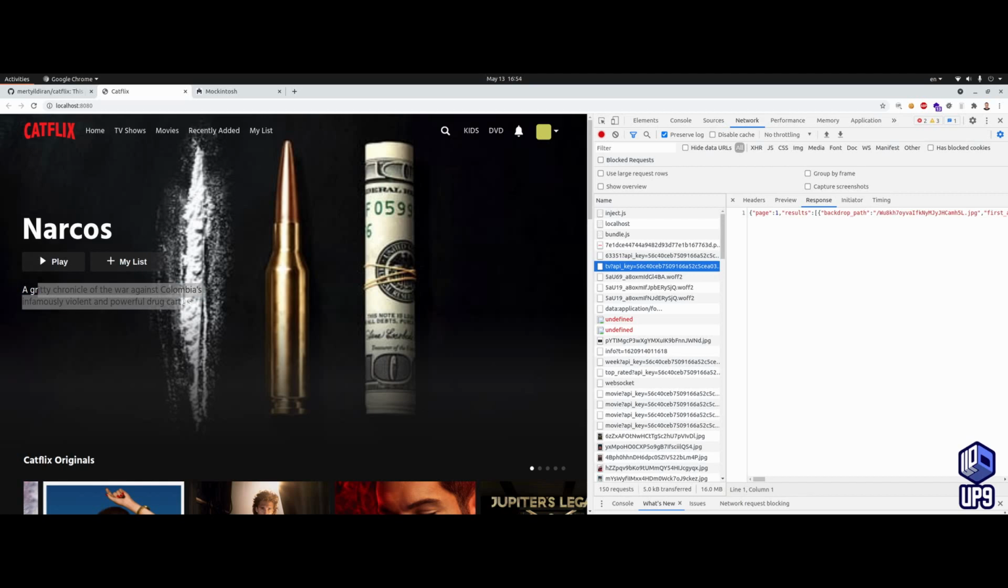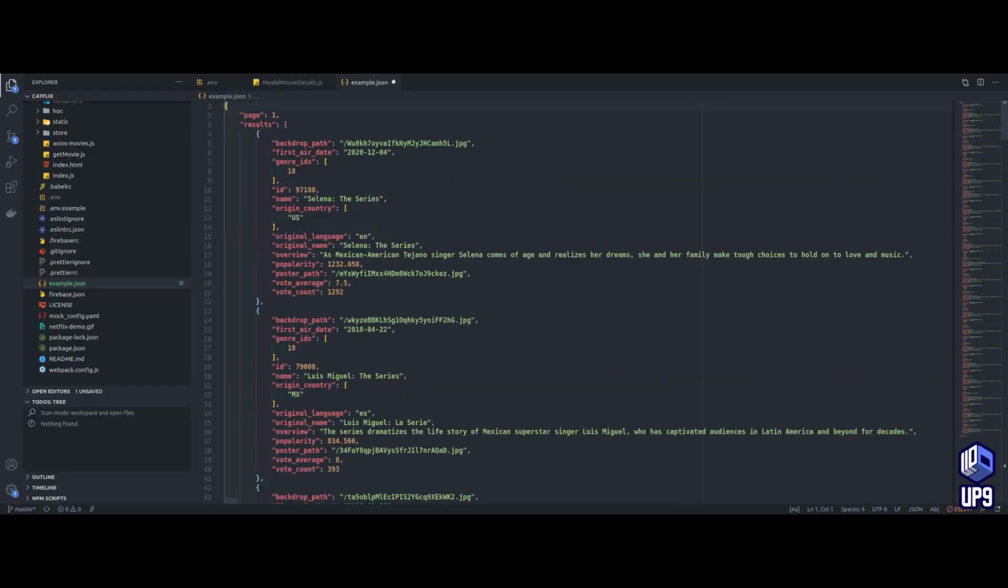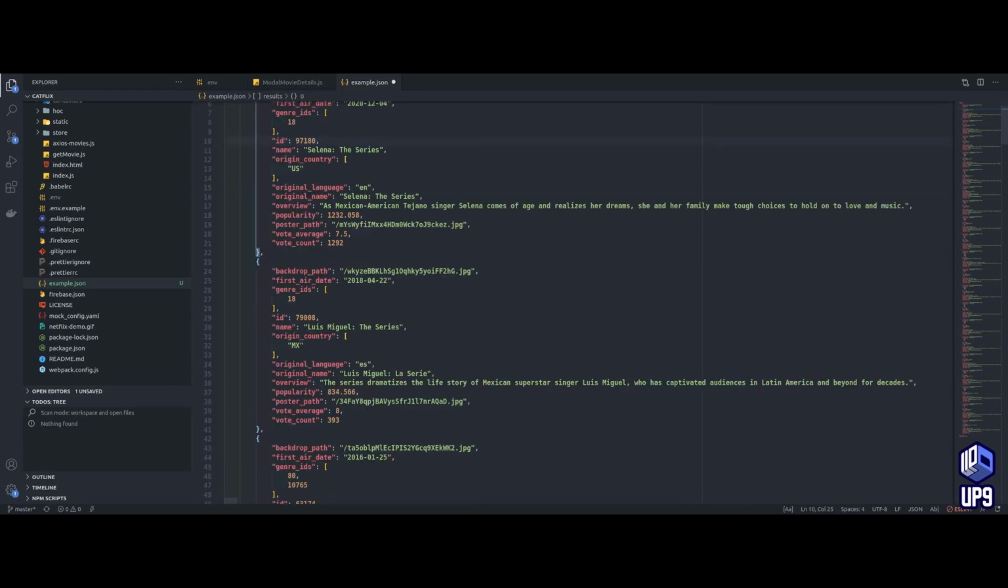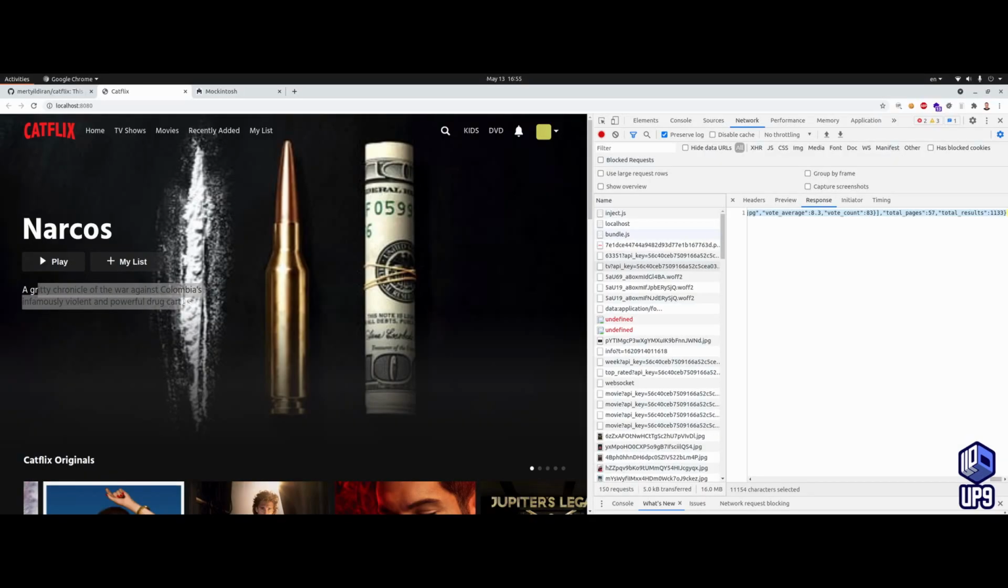And if I look at the result of this endpoint, which is the discover/TV, it shows me a list of TV series. Okay, this list of TV series, and